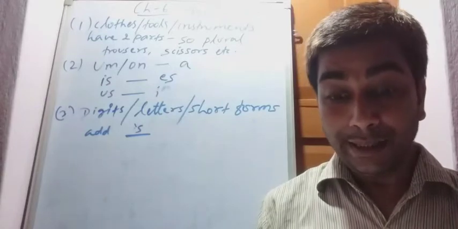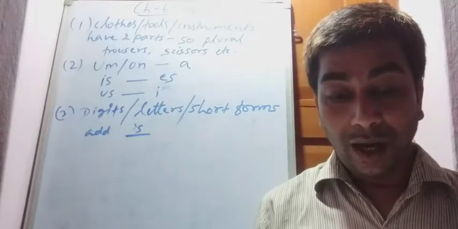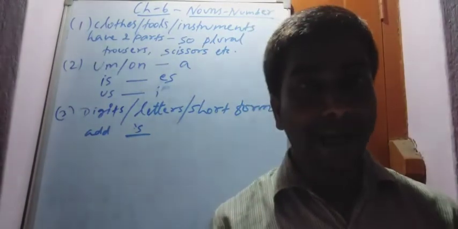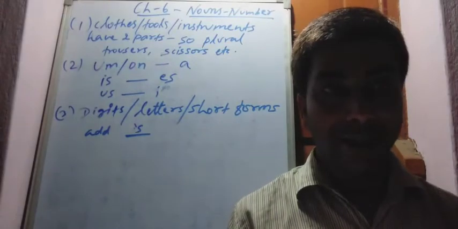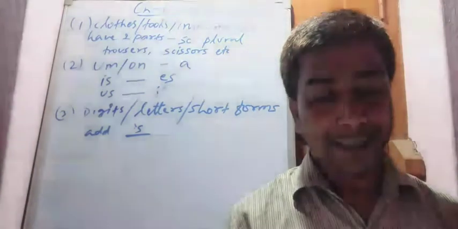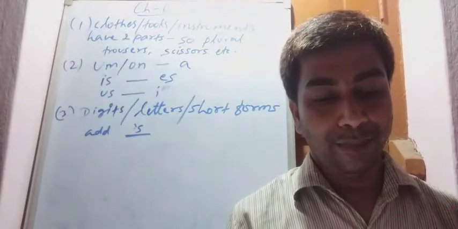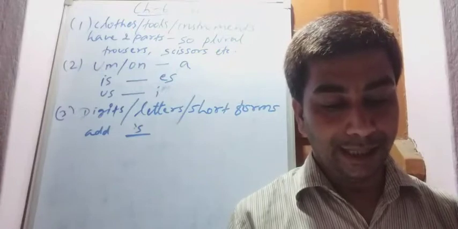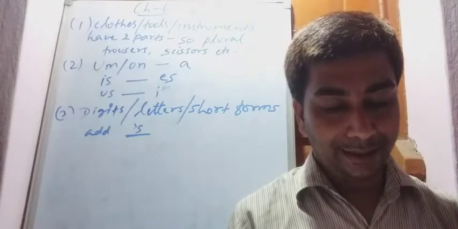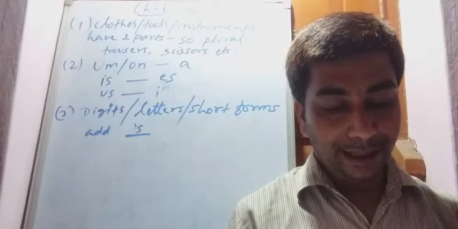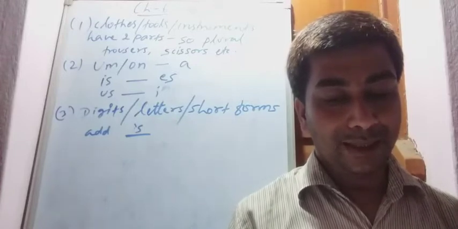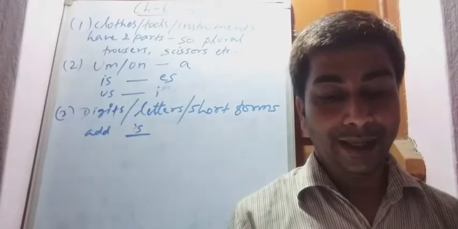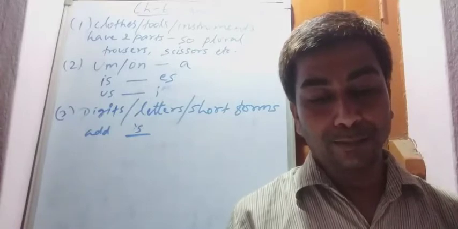And the question says other changes. The other change is that in singular the article a or an is used, but in plural it is not used. So from all these sentences you have to remove the article. First sentence, an, remove an. In all the other lines it is a. So remove a and then make the color words plural.